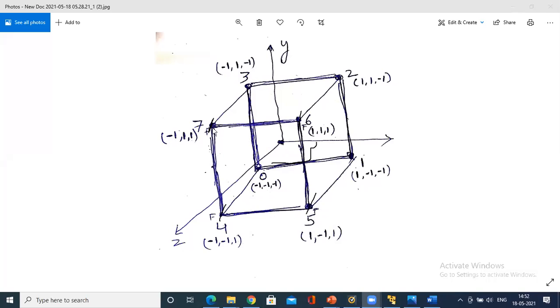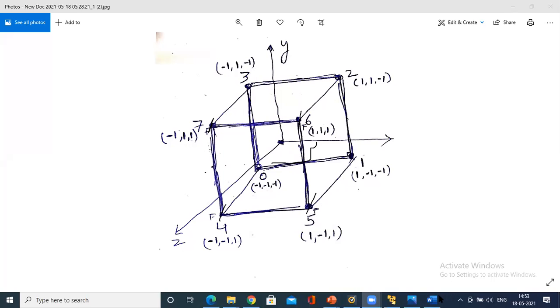Here the y-axis is 1, 1, above 1 unit: negative x-axis, positive y-axis, 1 unit. It is a front face. For the z-axis, simply near and far: nearby it is 1, 1, 1, 1, and far it is -1. So analyze it x-axis wise and write it.